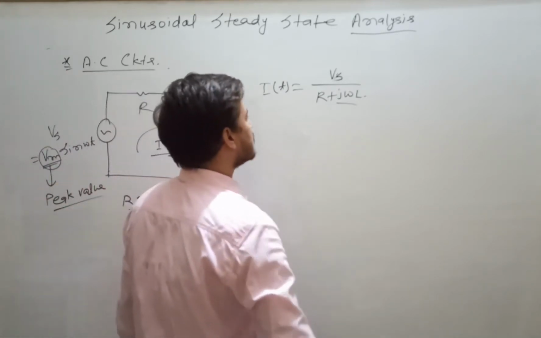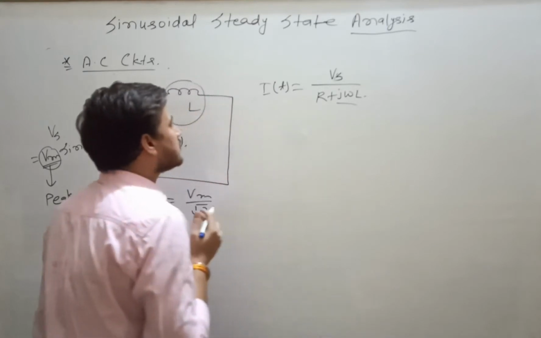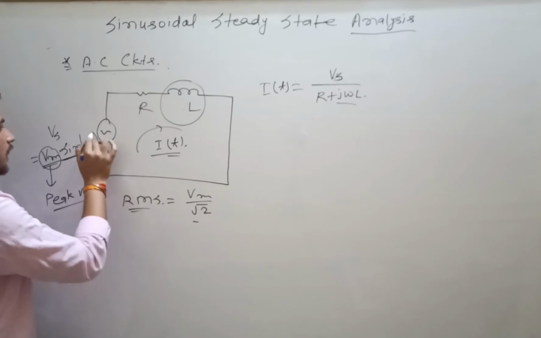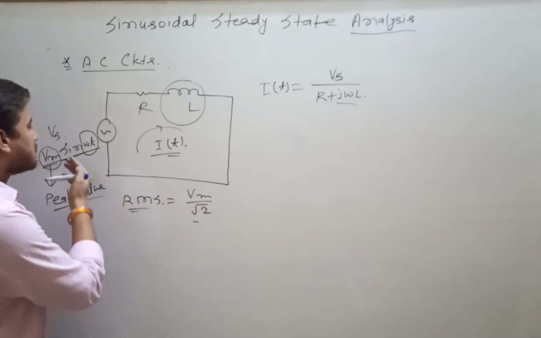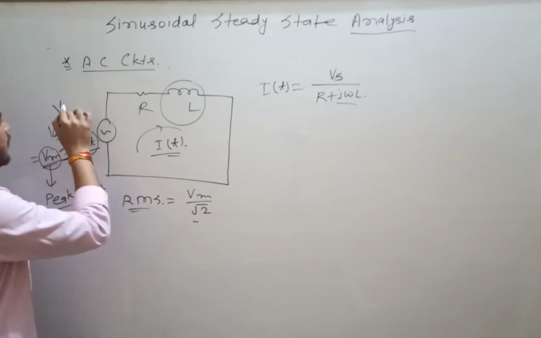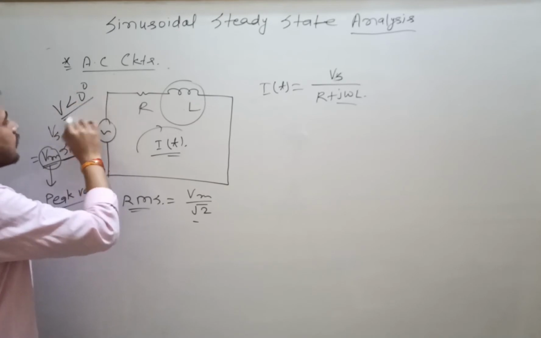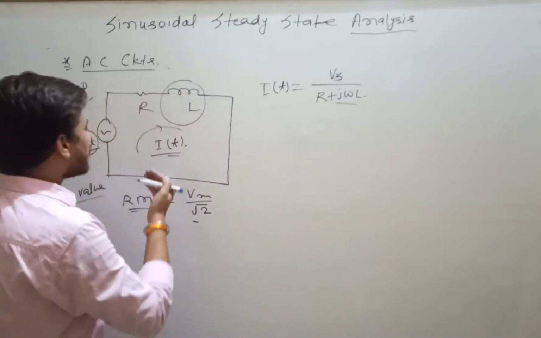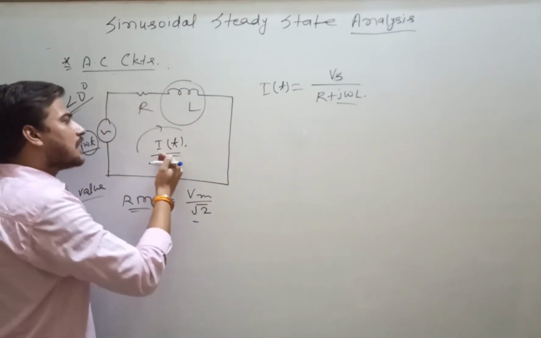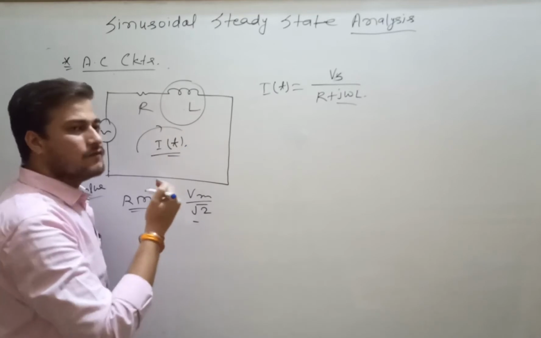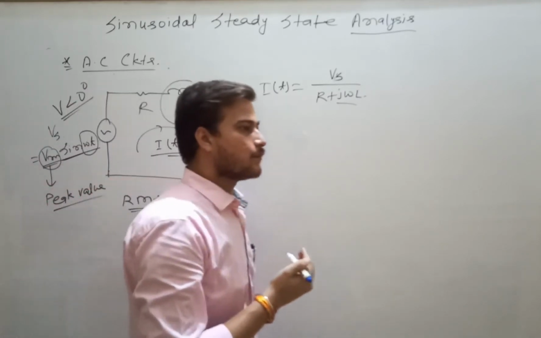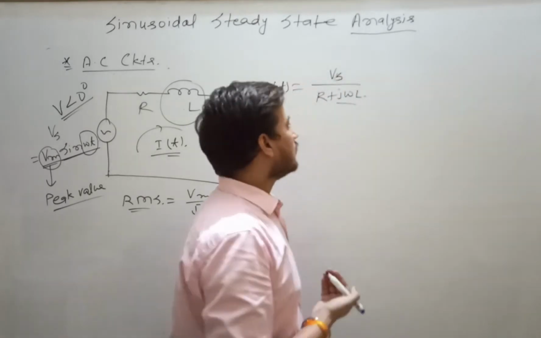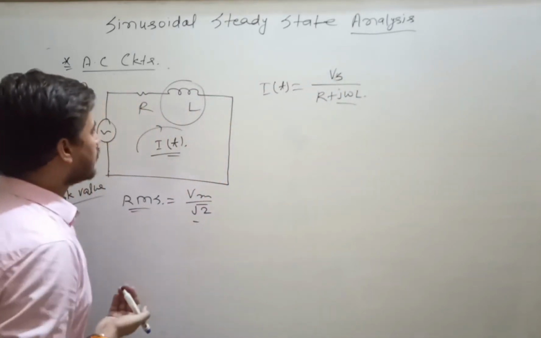So now what will you see? Here you see the phase angle of the voltage is how much? Omega t minus 0. That means here you can write V at the angle 0 degree. But when you see the angle of current, you will see that the current lags behind the voltage in the case of an inductor. So why does it happen? Current is lagging behind the voltage in the case of an inductor.